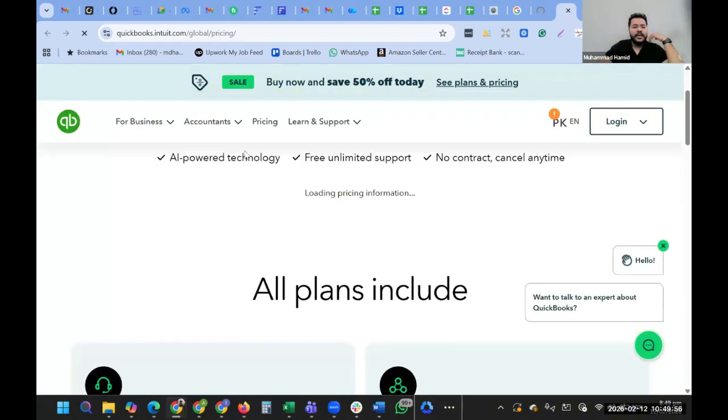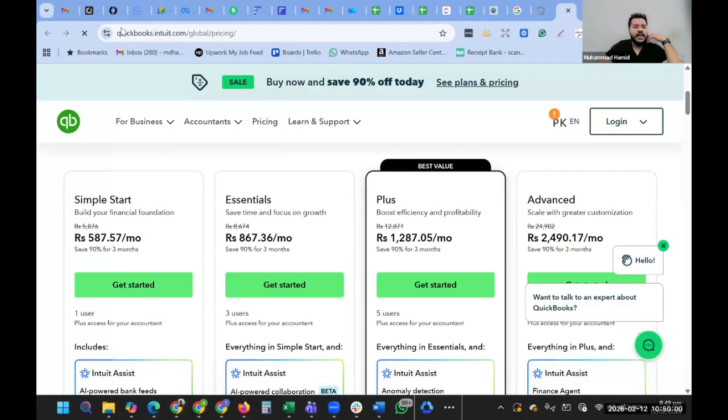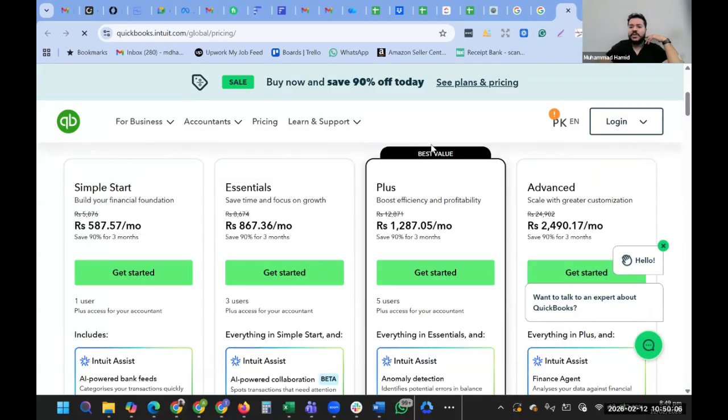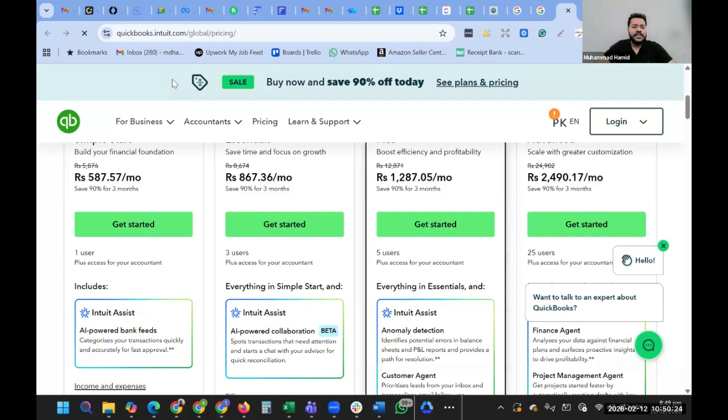Anyways, whether it's in USD or even in PKR, that doesn't matter as far as we understand its features. So QuickBooks normally provides 4 different packages or subscriptions. I'll just shrink the chat so that I can have the complete screen. All right. So QuickBooks has 4 different packages or subscriptions, starting with